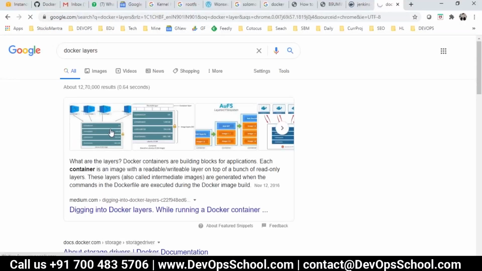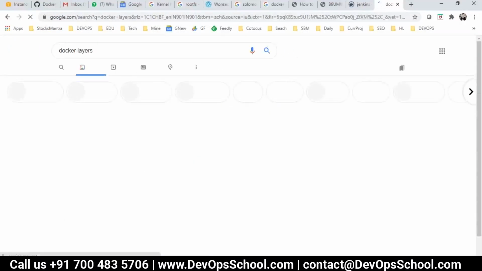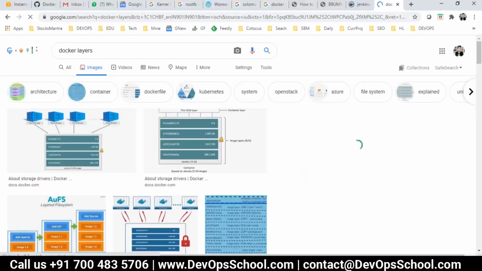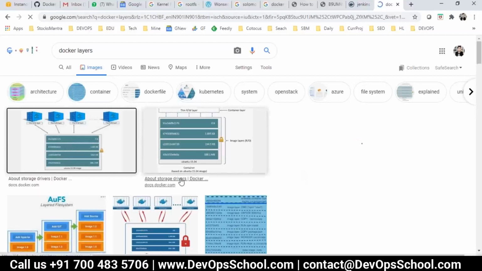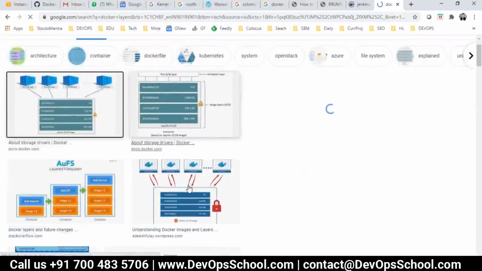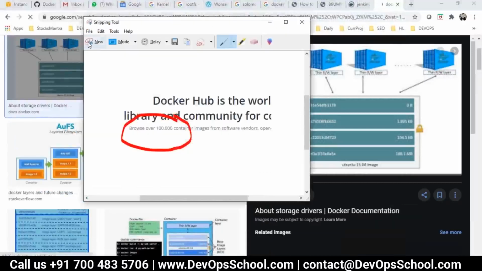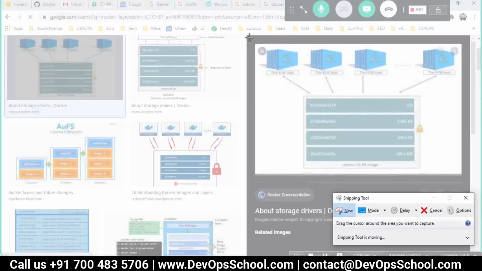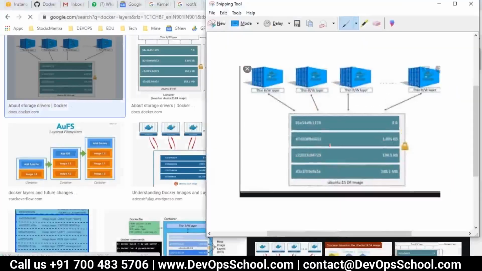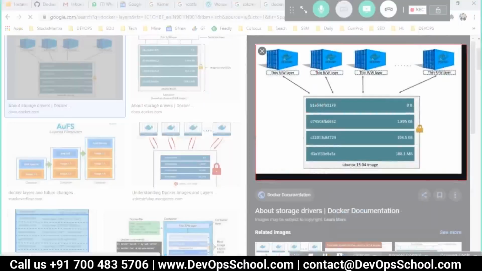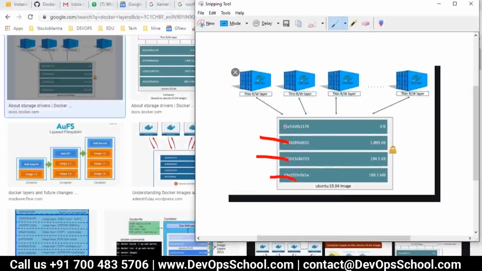See here, look at this. This is layer 1, layer 2, layer 3, layer 4.